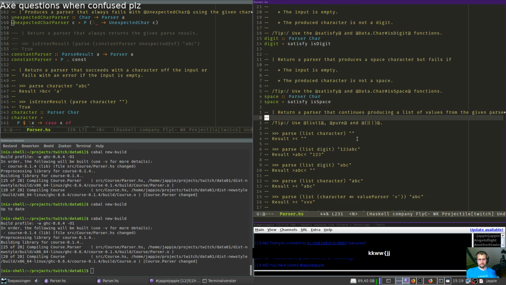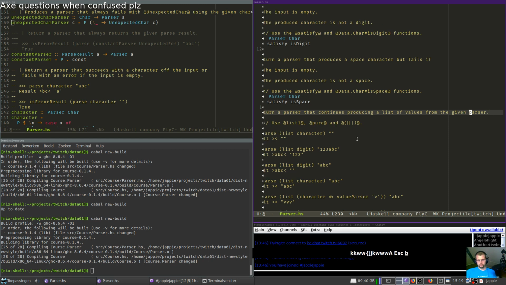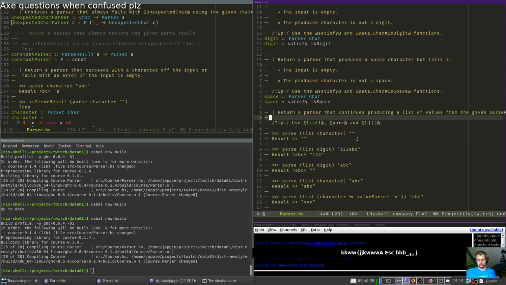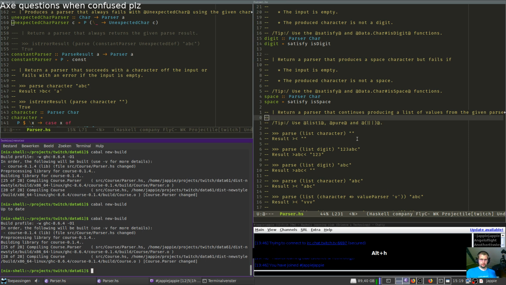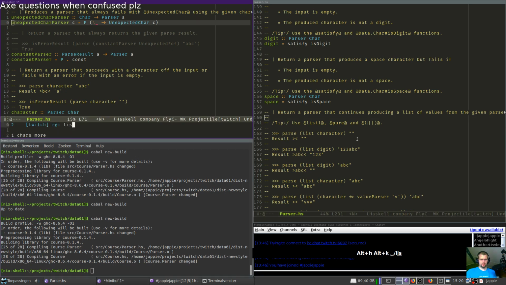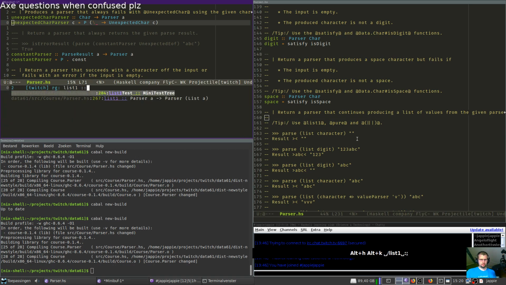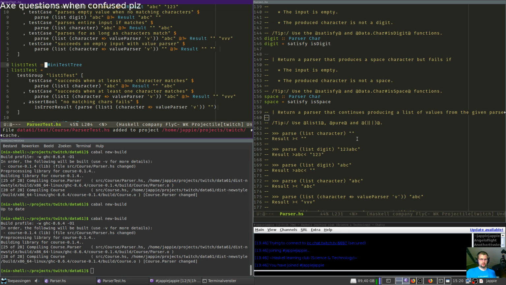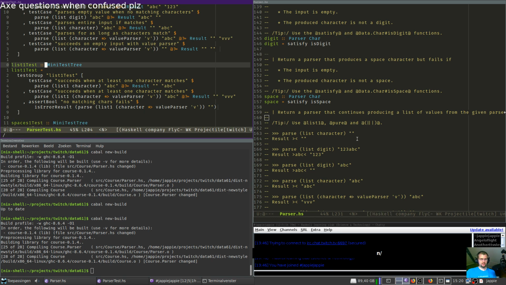Right, what is this? Return a parser that continues producing a list of values from the given parser. Use list1. Here, what is list1? Did I implement that? List1 test. What is list1?